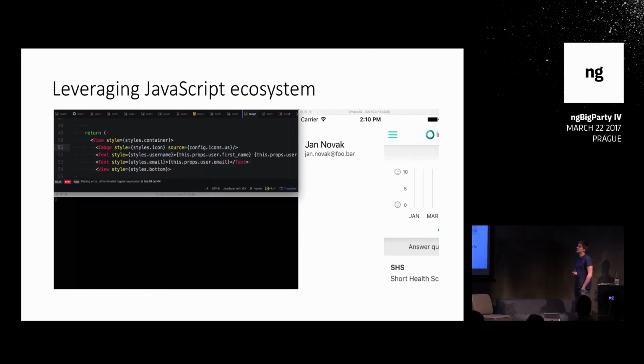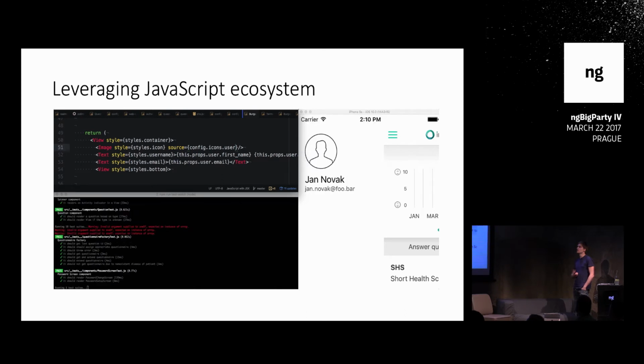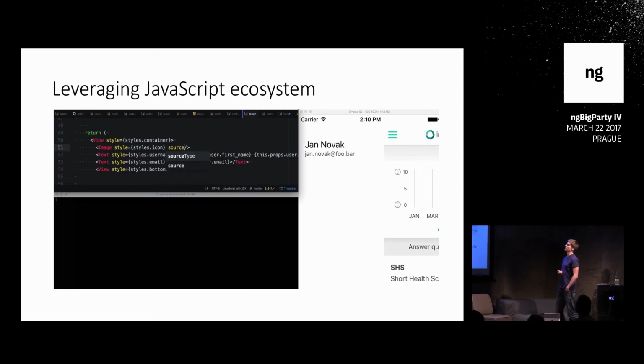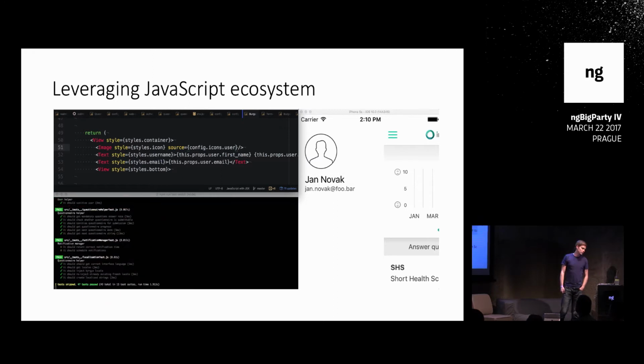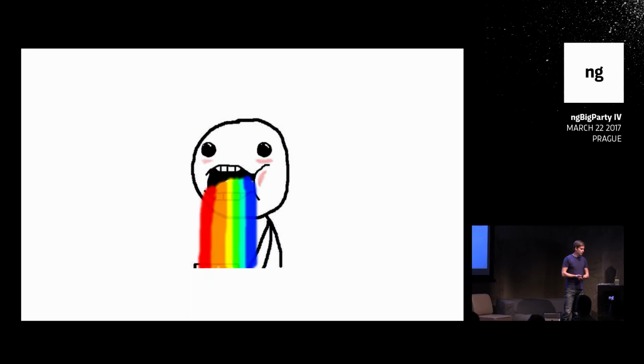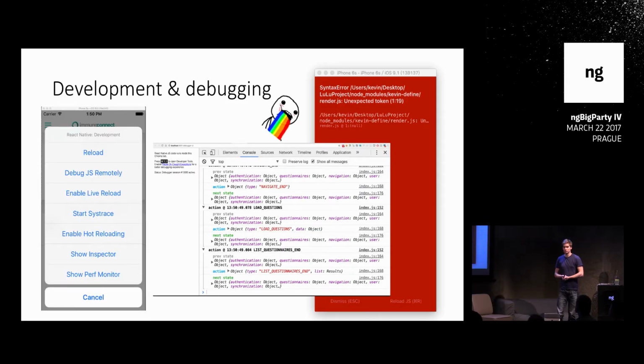you actually have stuff that you're used to in JavaScript. So you have Watchman running unit tests for you. You have hot reload as well, actually. This is the iOS emulator that has hot reload enabled, and as you write and save code, it hot reloads your components. Beautiful. You get debugging and development tools with it as well, so you can use Redux debugger, Redux logger. You get a pretty neat debugging red box inside of the emulator,